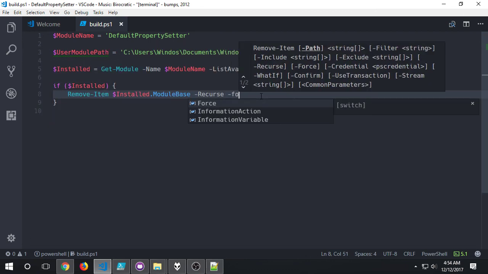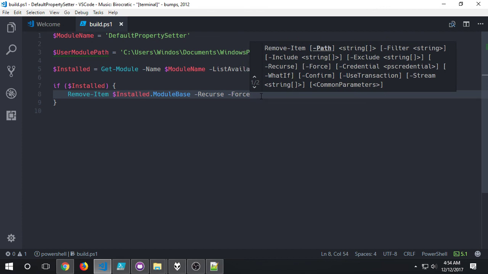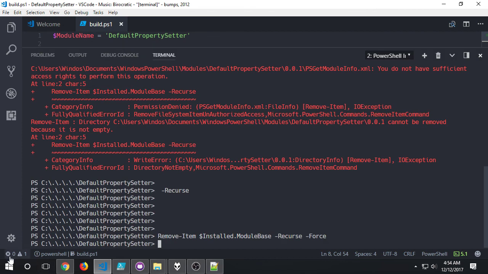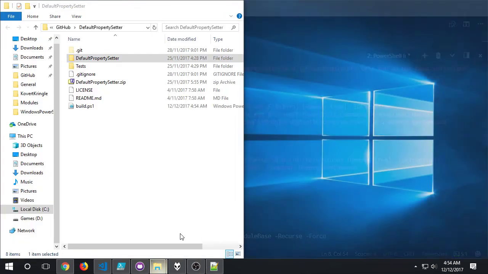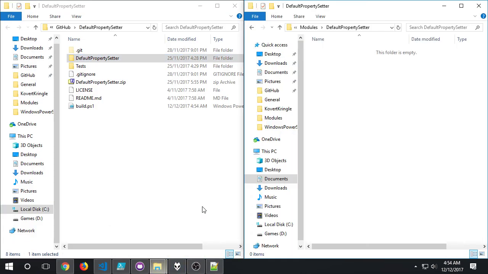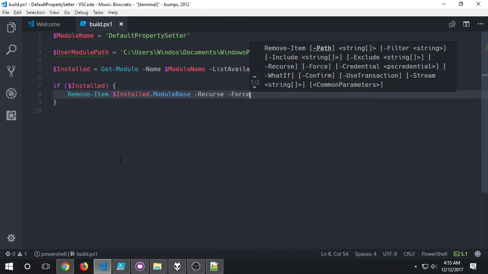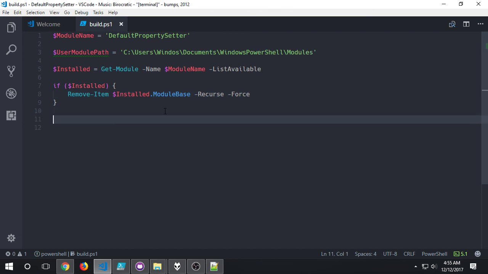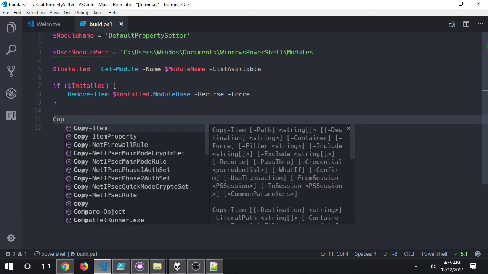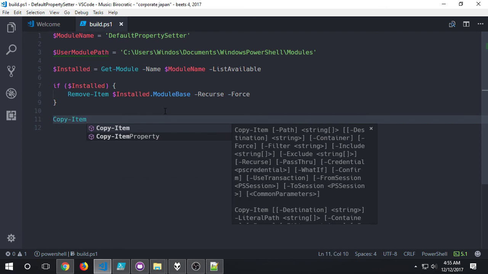Let's see if adding a force on that works. Alright, that'll do then. So now I've got an empty folder here. If, oh yeah, that'll work. So now that we've removed the existing install, we need to copy over